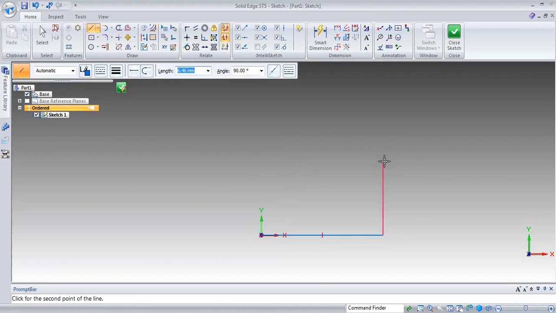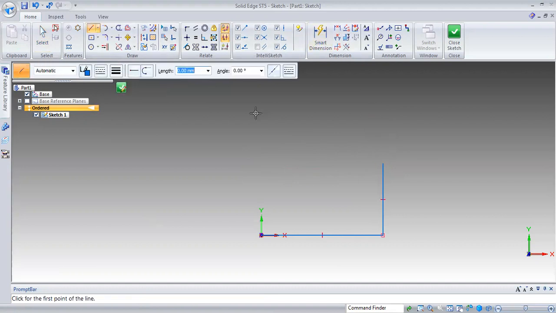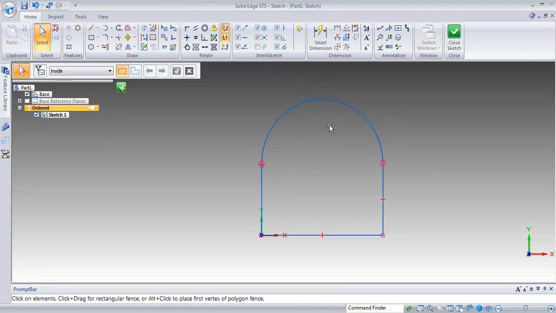Now you draw this one with the line. So this is one method of drawing the object.